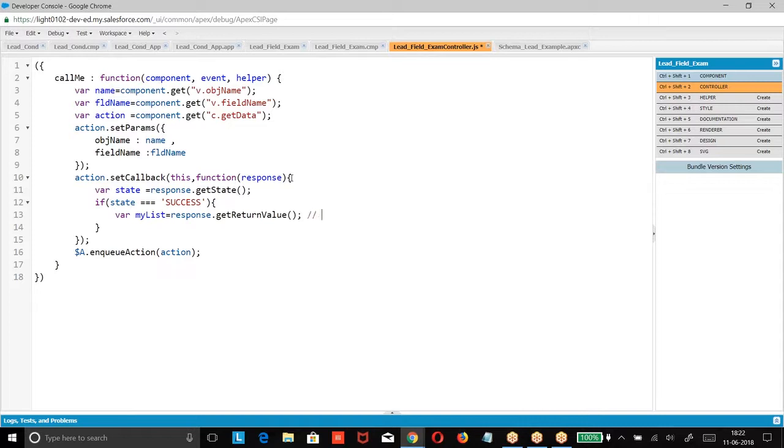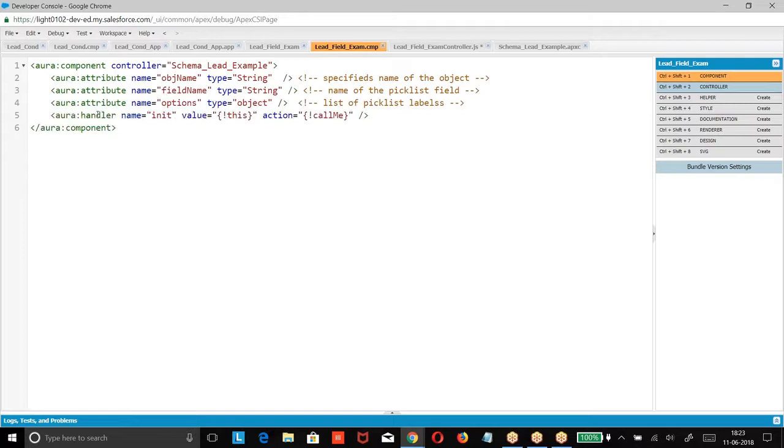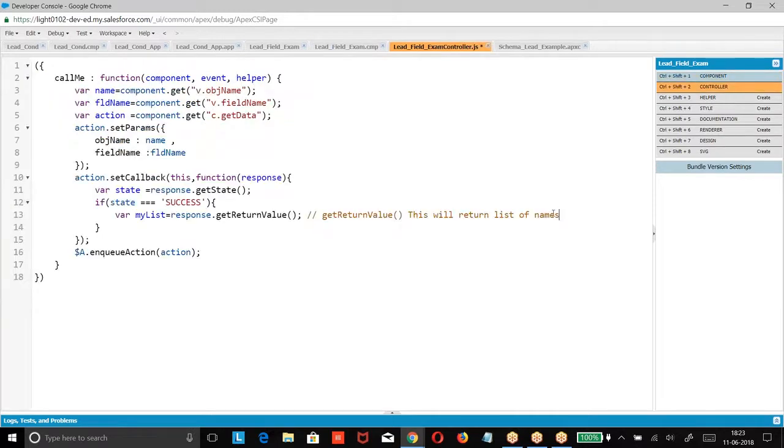What is this? Get return value will give you this will return list of, right boss? When you call the method, response will return the value that was written by the method. Then what should I do? Whatever the names you are getting, that name should be set to options. So how do you set it to options?